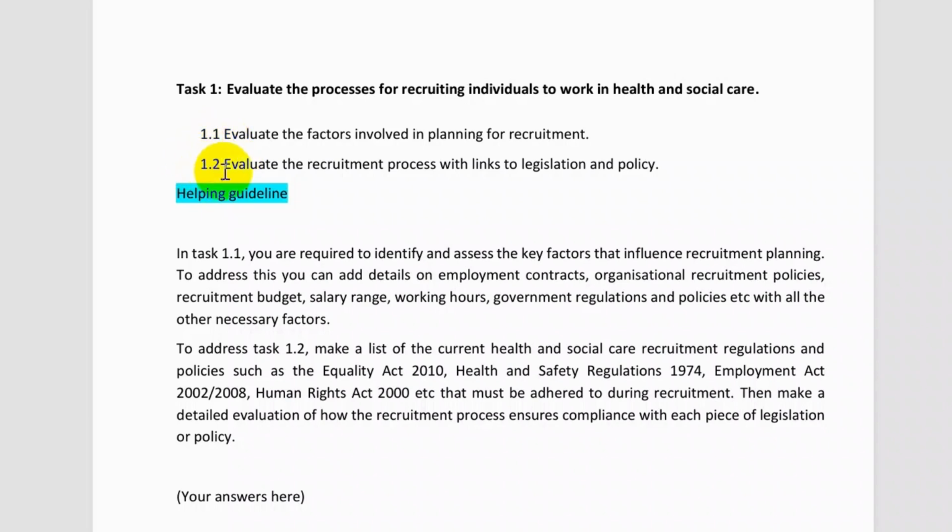Whereas for the assessment criteria 1.2, you need to evaluate the recruitment process with links to the legislation and policy.